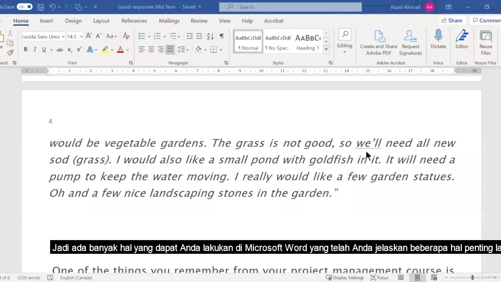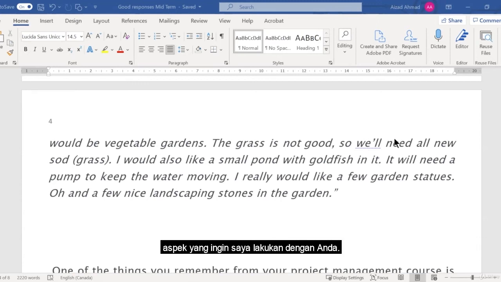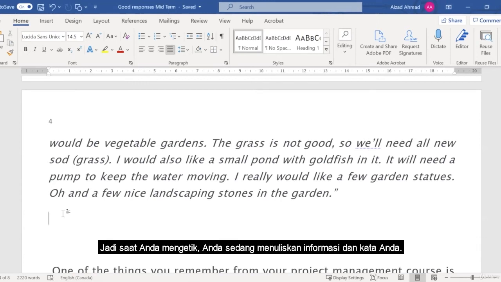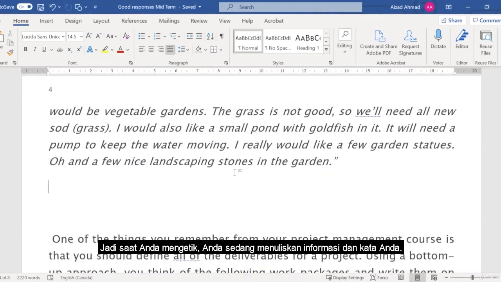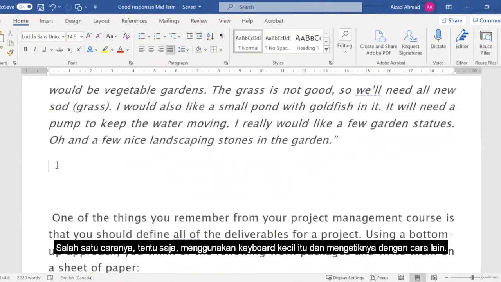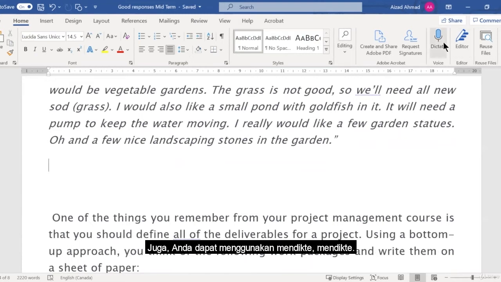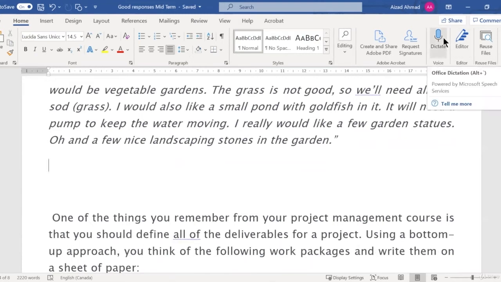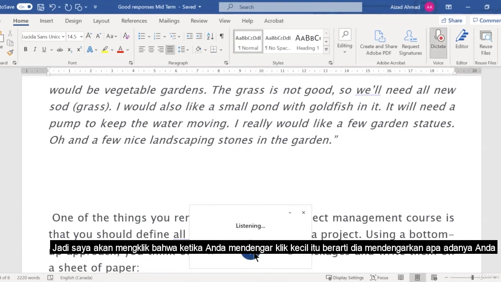So there are a lot of things you can do in Microsoft Word that we already described. Some other important aspects I would like to review with you. When you're typing, writing out your information in Word, one way is, of course, to use the good old keyboard and type it out. The other way is you can use Dictate. So I'm going to click that. When you hear that little click, it means that it's listening to what you are saying,